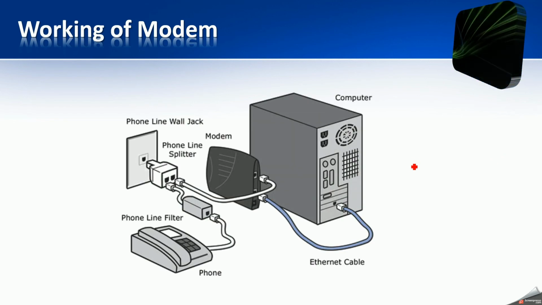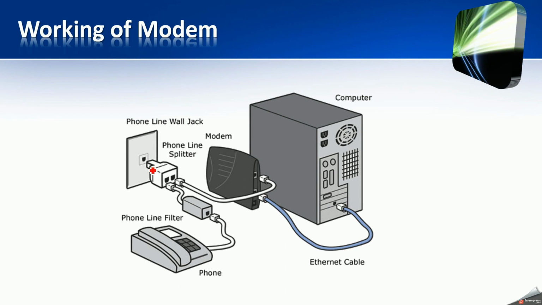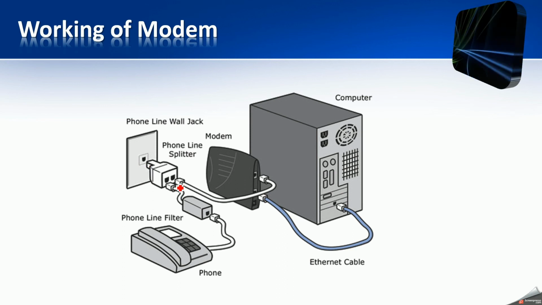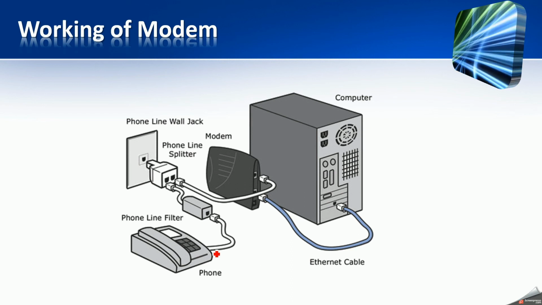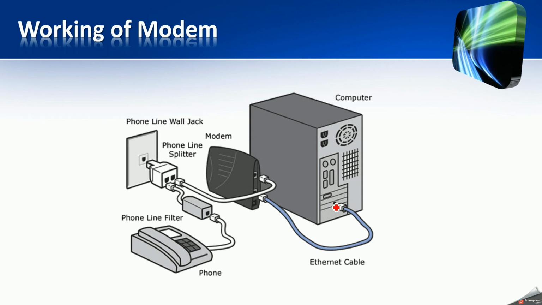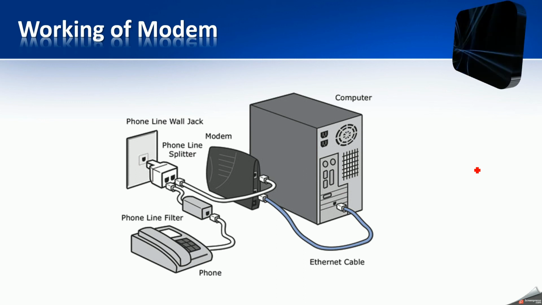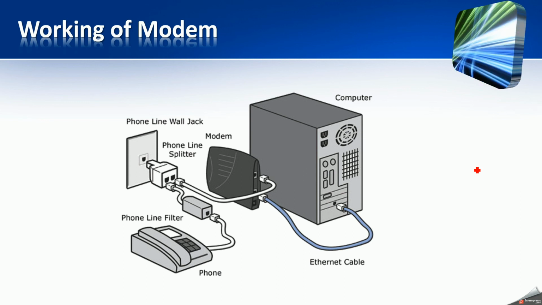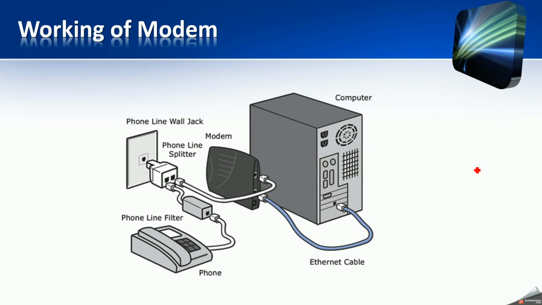In a usual fixed line broadband installation scenario at homes, you can see that this is the phone line wall jack, the telephone line wall socket, and this is a splitter which is connected to this wall socket. One end through the splitter goes into your phone, which is for voice, and the other end goes into your modem, and the modem is connected to your computer, and this is how you can access the internet. So this is only for fixed line broadbands, the internet which comes through the lease lines or the telephone network, the landline telephone network or the fixed line telephone network.